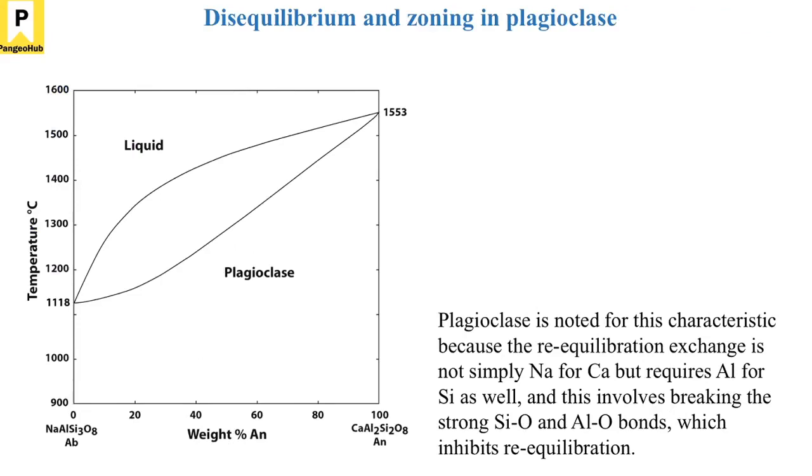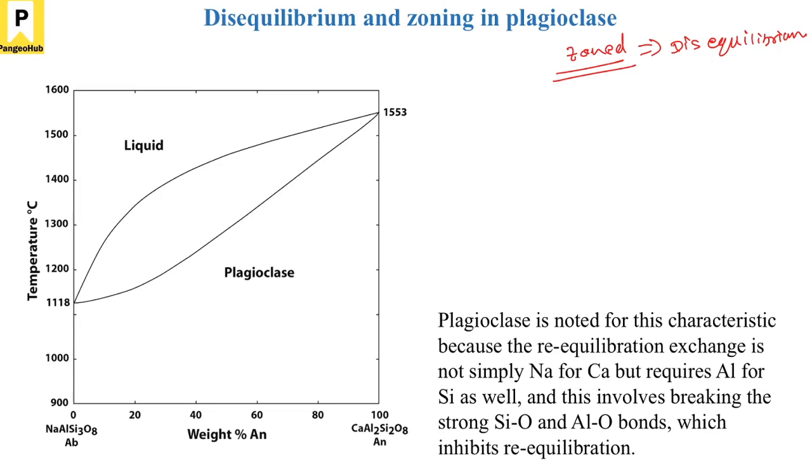So let's see. Plagioclase is one common mineral in igneous petrology that is zoned. So now the question is, why would something be zoned? What kind of texture is zoning? Zoning is a texture, right? This is called a disequilibrium texture. Disequilibrium means the equilibrium is somehow disturbed. So what are the factors that control equilibrium? We have to discuss that, and then we can understand how zoning develops.